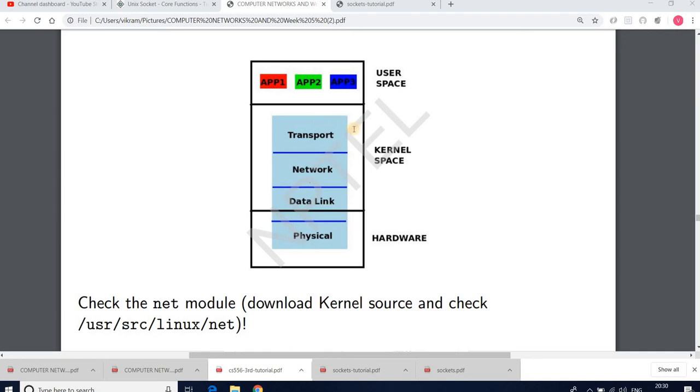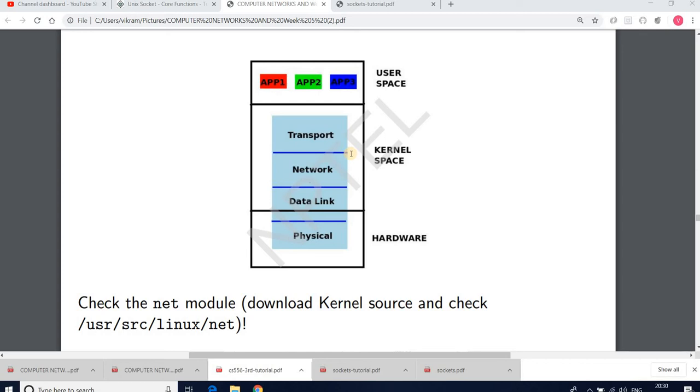The system call transfers some user requirement to the kernel, the corresponding operations are performed at the Linux or Unix kernel, and this protocol stack implemented inside the kernel interacts with the network with the help of operating system calls.